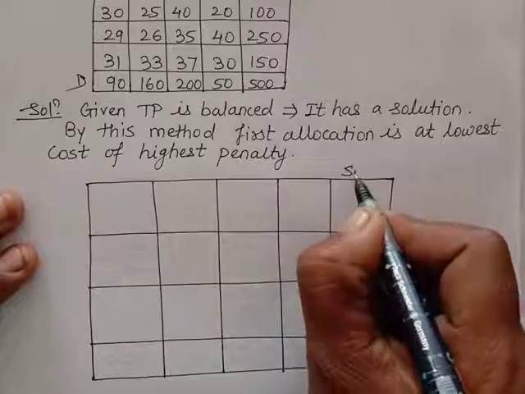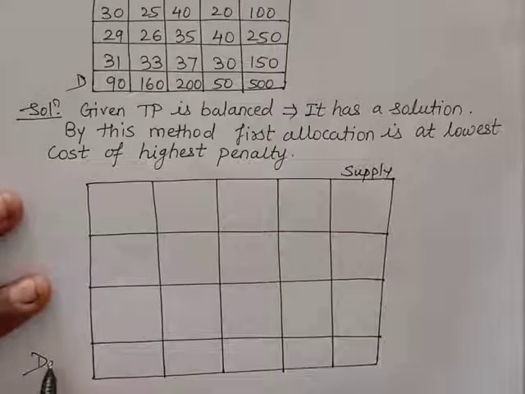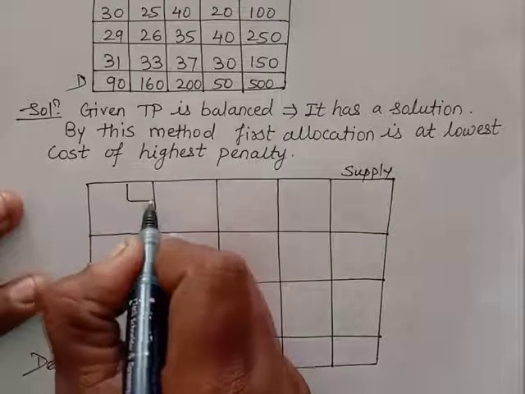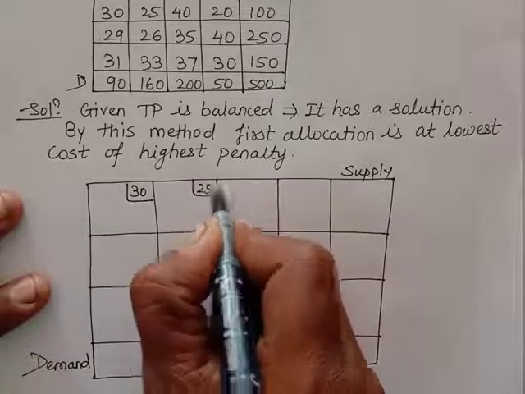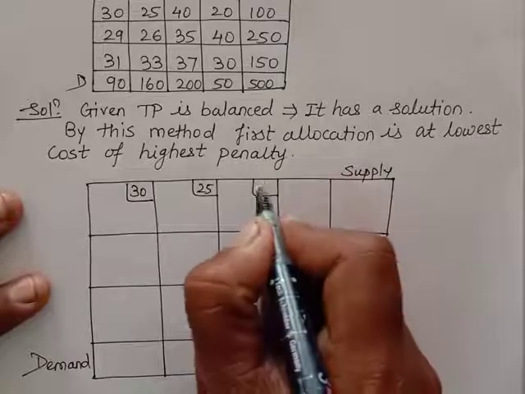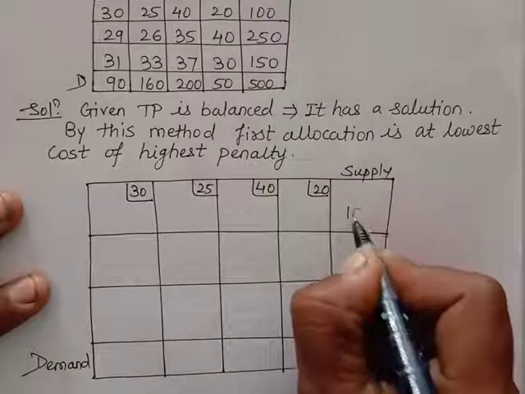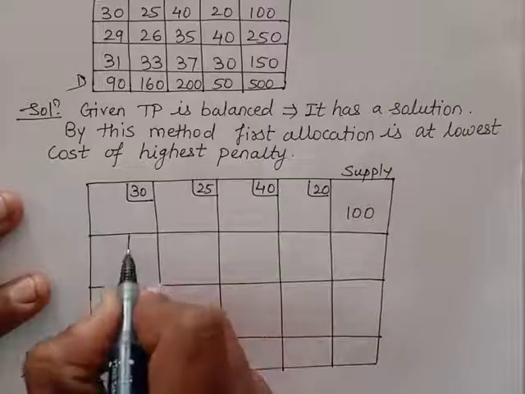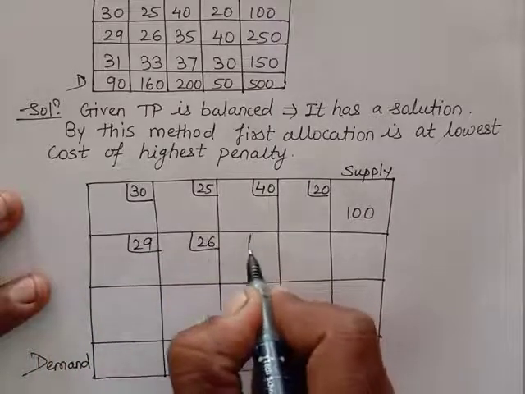Here supply, here demand, here we have to write the cost: 30, 25, 40, 20 and 100. Here 29, 26, 35,